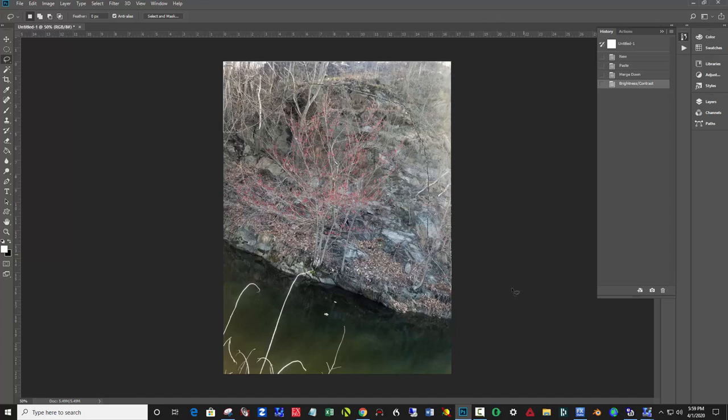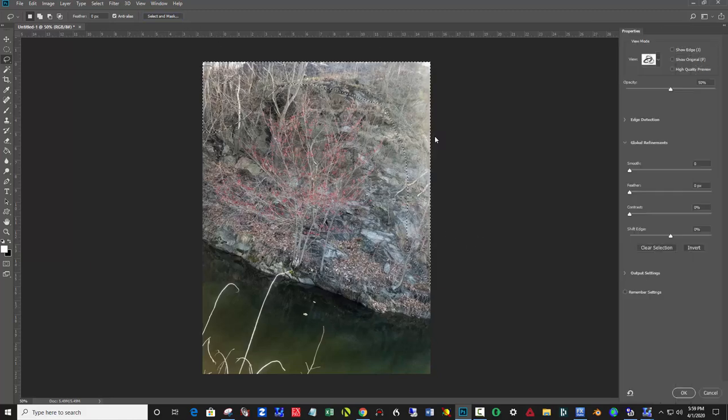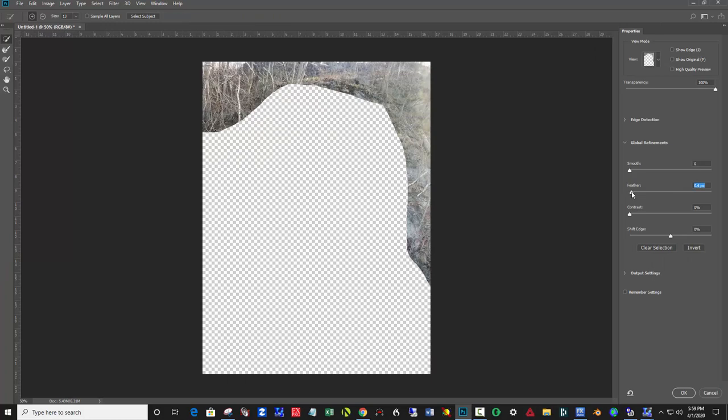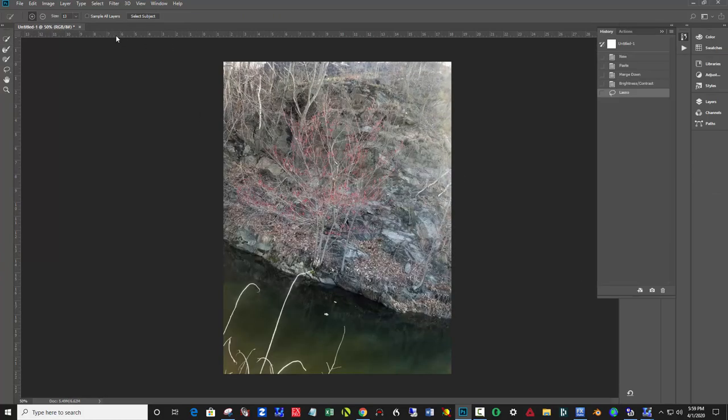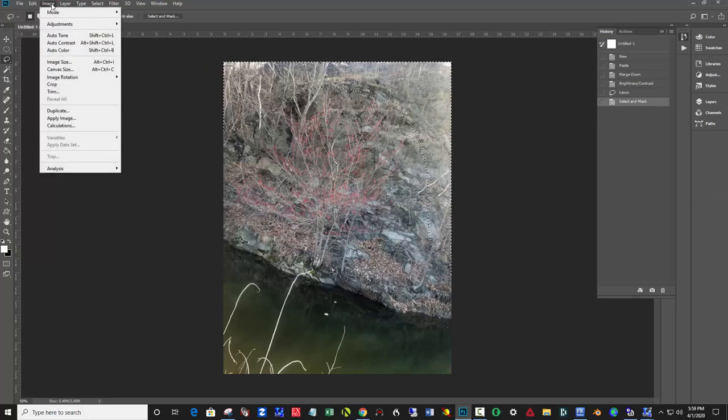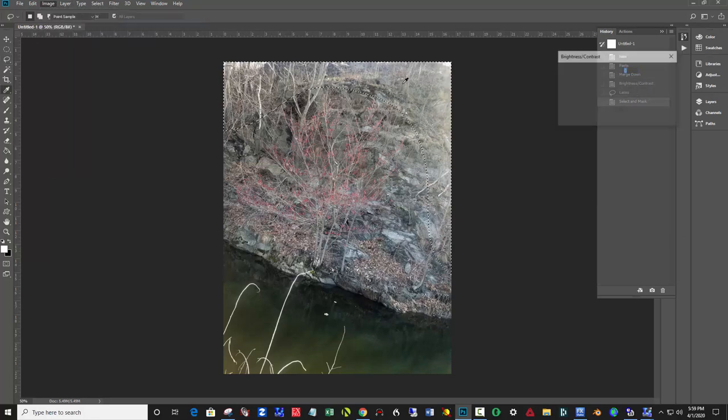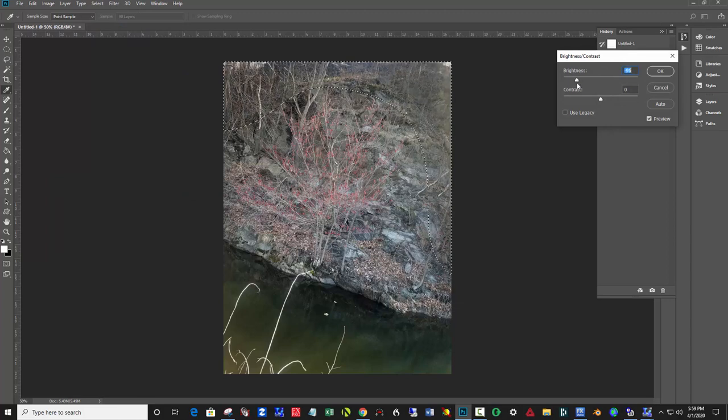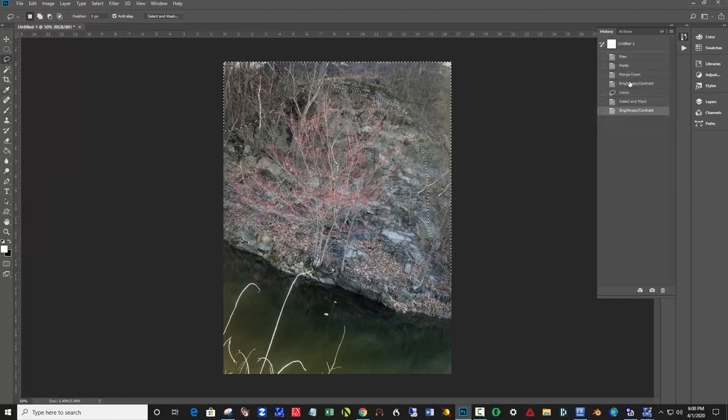So I'm taking the lasso and I just lassoed around this to select it, and every time you make a selection you have to feather it so that it blends it in. So I'm going to blend that back, and then I'm going to darken it some more. So that's Image, Adjustment, Brightness, Contrast, and dial it darker. Deselect with a Control D. Alright,